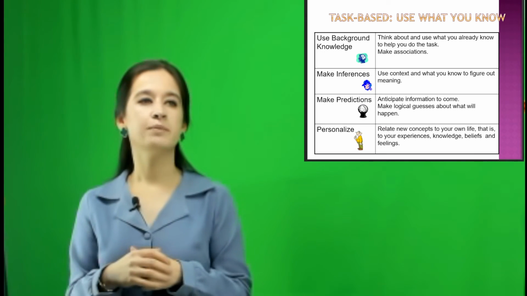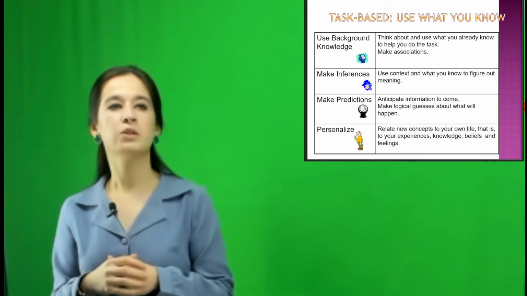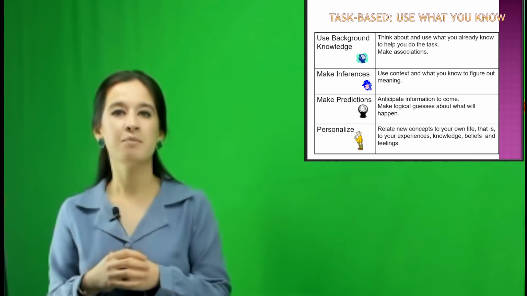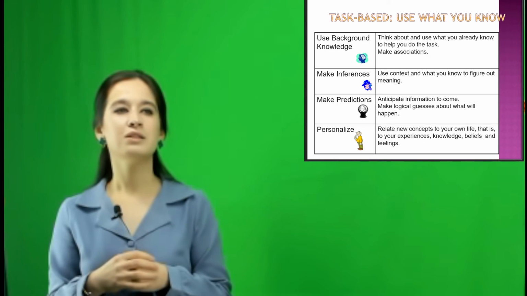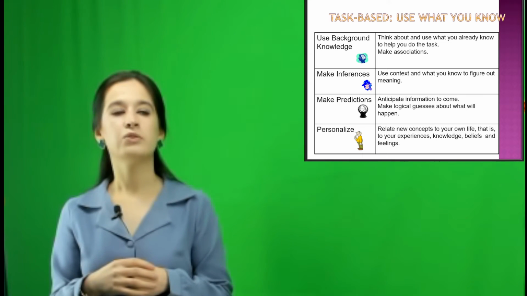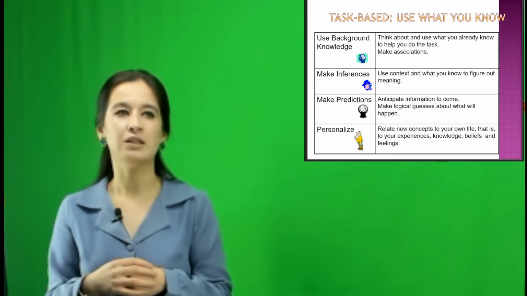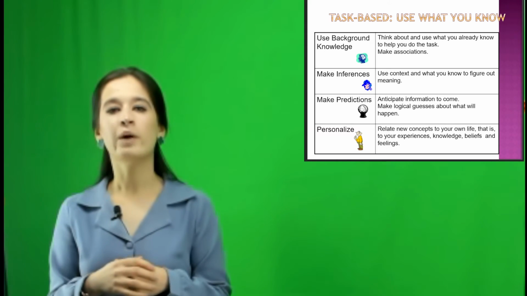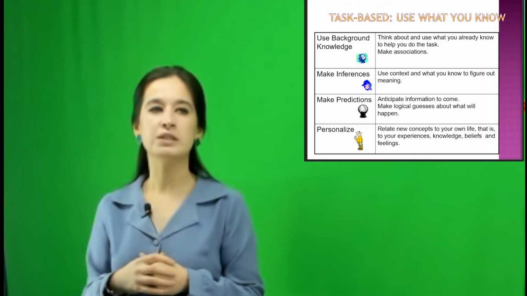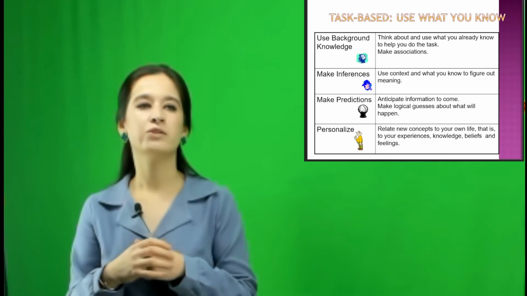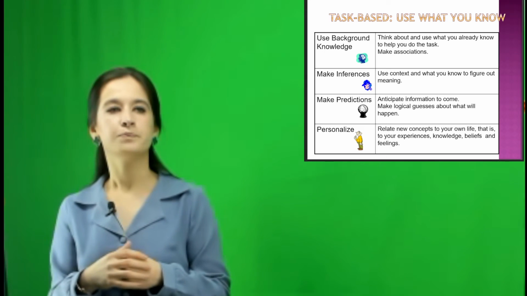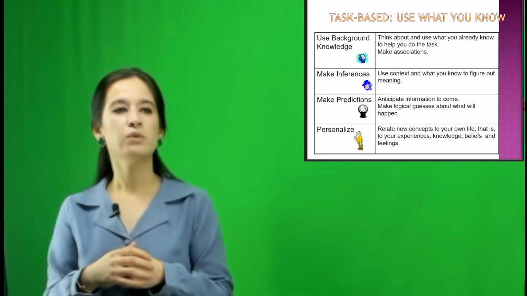Well, now task-based strategies. The first step is use what you know. Use background knowledge. It aims to activate the schemata of students. In this type, you will seek and use what you already know to help you accomplish that task, and you can also make associations while performing that task. The next one is making inferences. In this type, you will of course use the context if it's a text, and you can also figure out the meaning